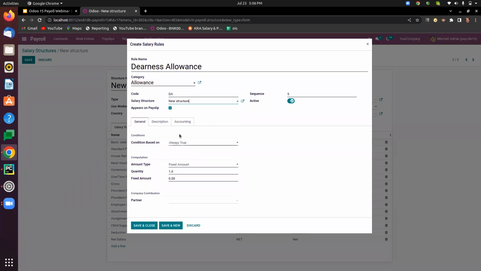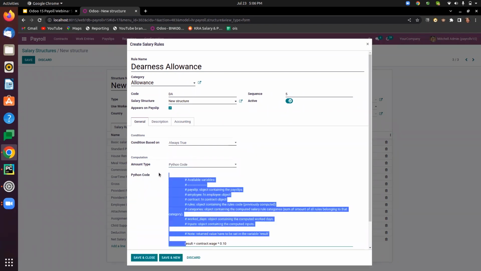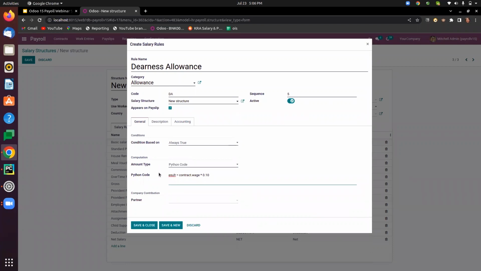And yeah, here I'll be putting the Python code as computation. The code will be like, when I'm providing inputs as the allowances, TA dot amount, and let's say